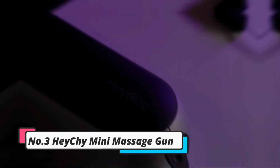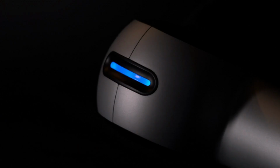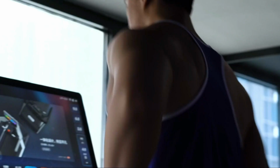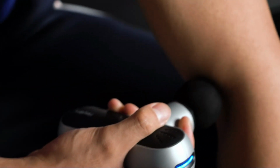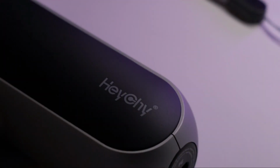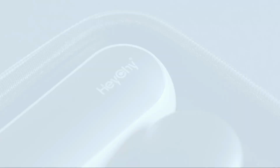Number 3, HeyChy Mini Massage Gun. There is one thing that links professional athletes to their workplace counterparts. They're performing the same thing for long periods of time, which might lead to soreness and stiffness in their muscles. Here's a massage gun with 4 interchangeable massage heads and a single button to help you relax. It has 5 distinct speed settings to accommodate various massage requirements. The PU storage bag and the lightweight design of the gadget make it convenient to bring to the gym or on a trip. Additionally, the gun's sizable battery allows for continuous usage for up to 10 hours on a single